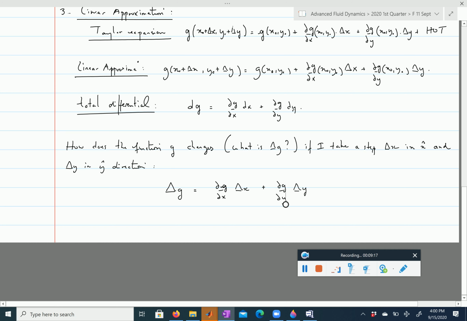So one way of seeing this is that here the change in the value of g